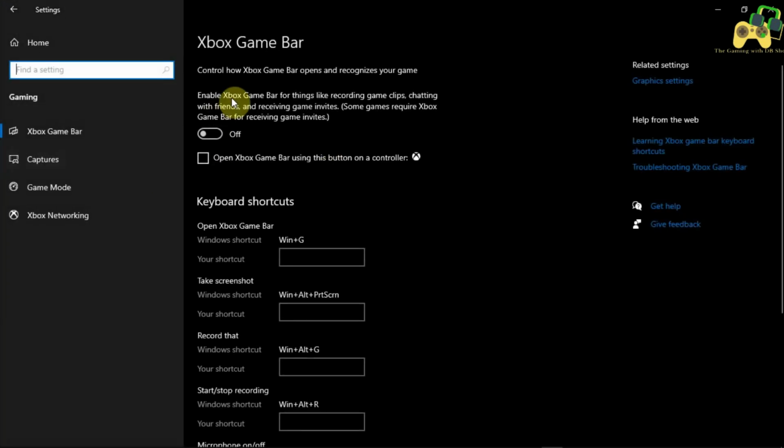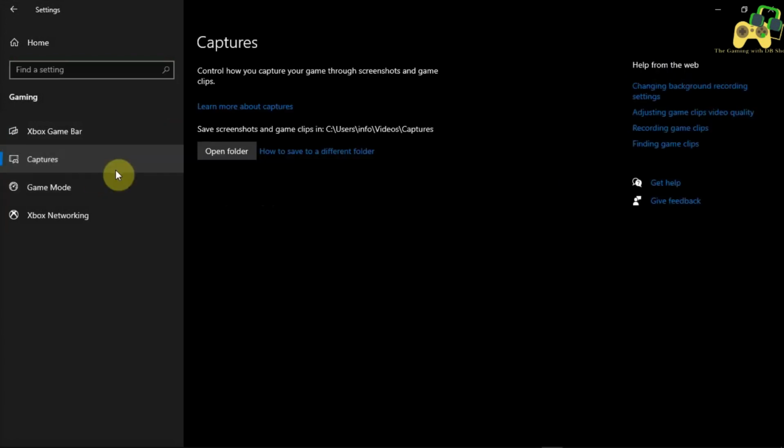Then you can see there are various options. You need to turn off Xbox game bar, because Xbox game bar can hog your memory and that can slow down your PC. Then go to captures. This setting will be different, so if there is something on, you need to turn it off.